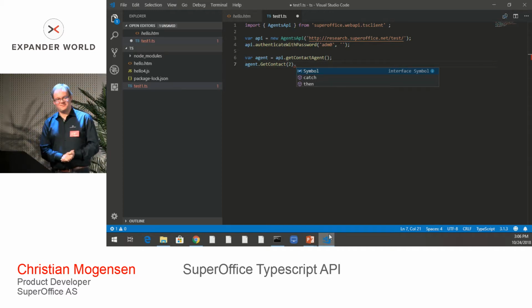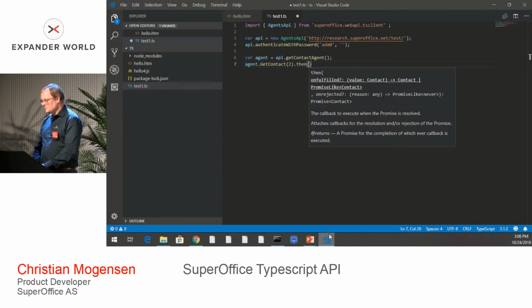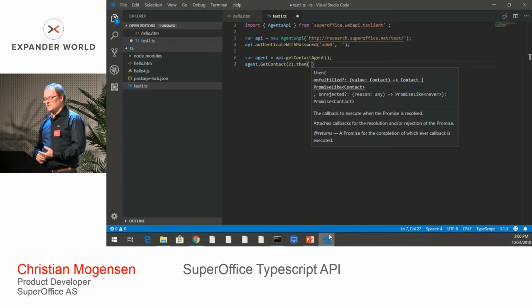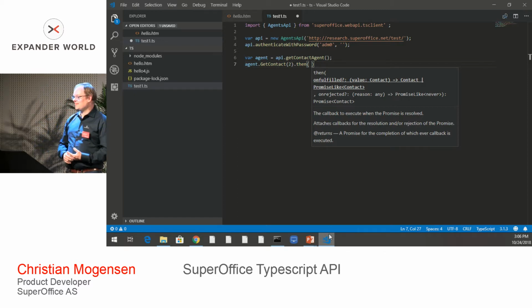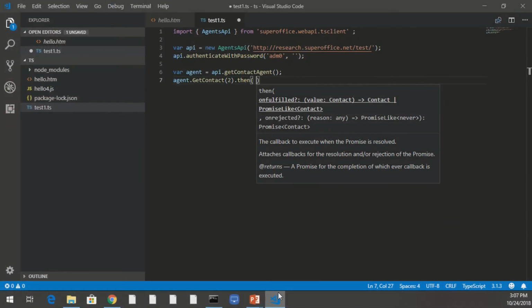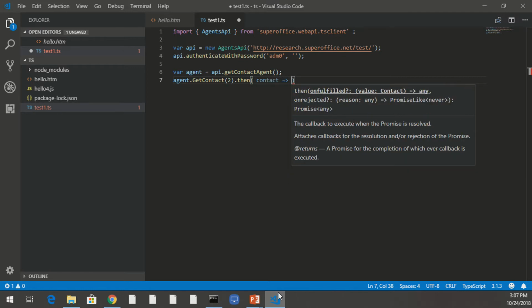In other words, it doesn't actually return an answer. It returns a thing which will eventually be executed later on when it's done. The traditional way of doing this has been to use then, so you stick on additional anonymous functions to handle this stuff. The nice thing with TypeScript is it will do typing for these things. It knows that get contact returns a contact, so it's stuck that in for us. So we can say, okay, contact is our return parameter, and then we can say